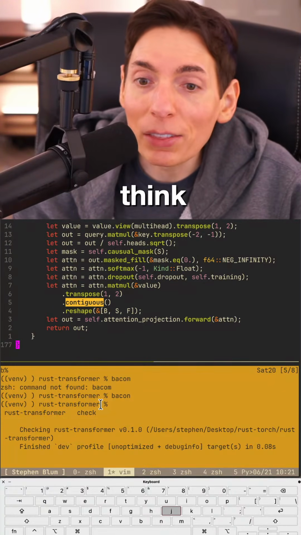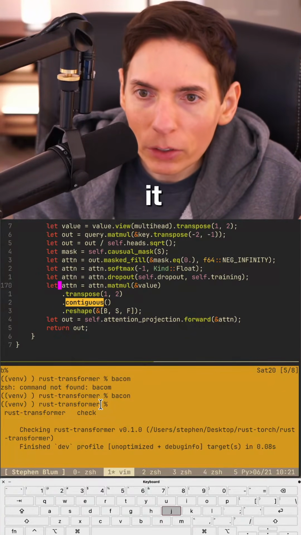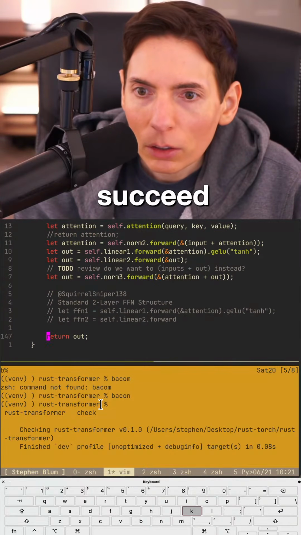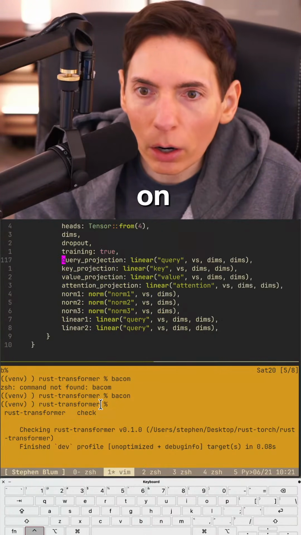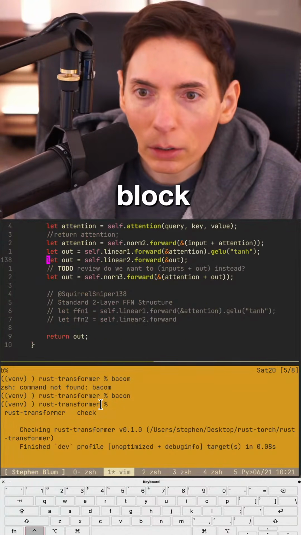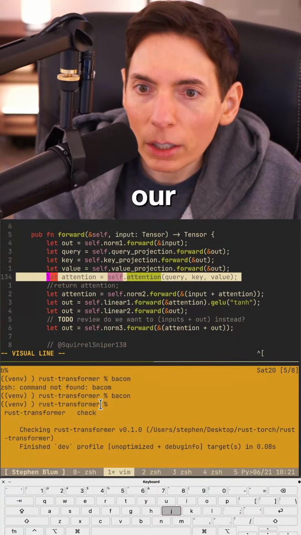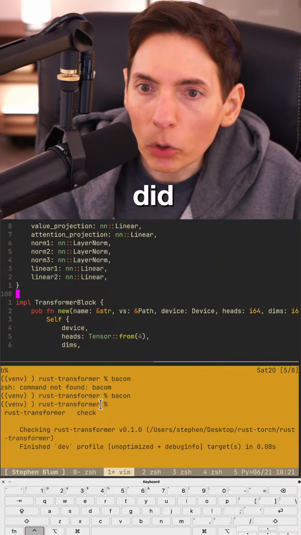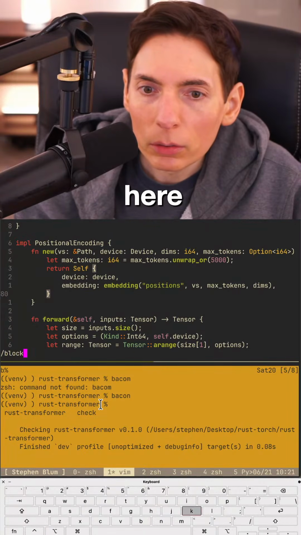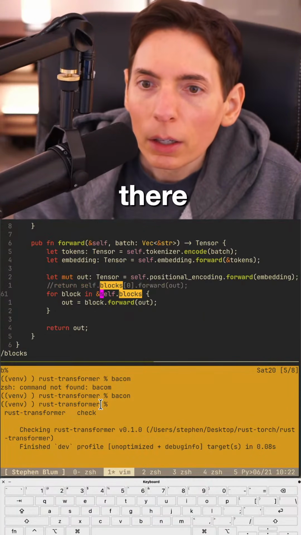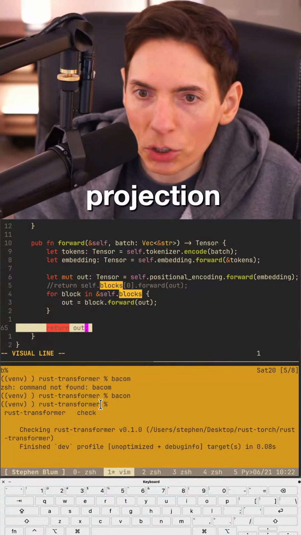I think we're done. Did we do all of it, you guys? Did we succeed? Did we do our final output projection? So this is the block. We did our forward. We did our attention on the block. We did multiple blocks up here. And then we didn't do our final output projection yet.